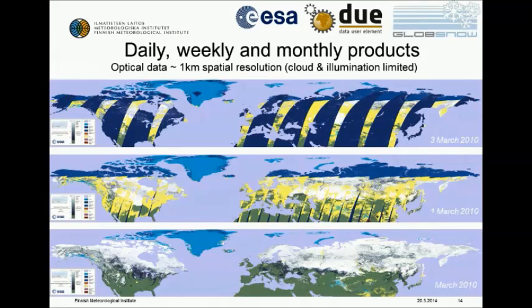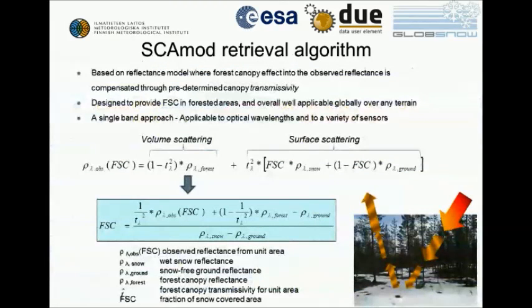And of course you can see, for example, on the top image, the obstruction coming from clouds, and you're not getting a full daily image from this sensor. I will not go into the details of the retrieval algorithm. What I will say is that it accounts for the forest canopy, so it tries to improve the retrievals over forested regions, and it is doing quite a good job